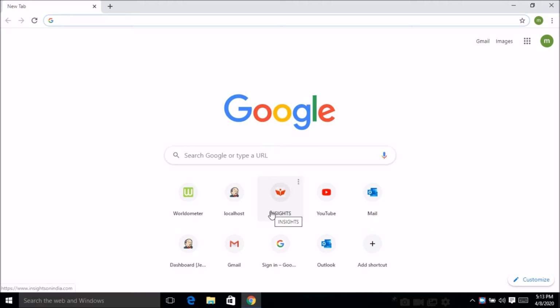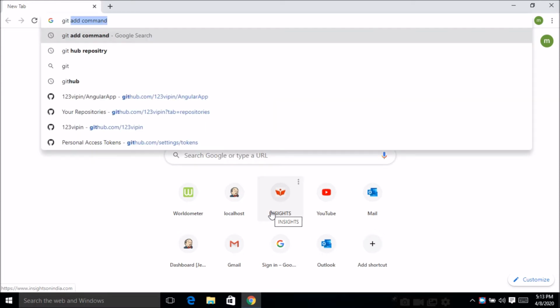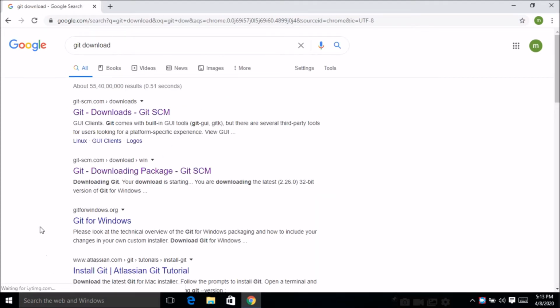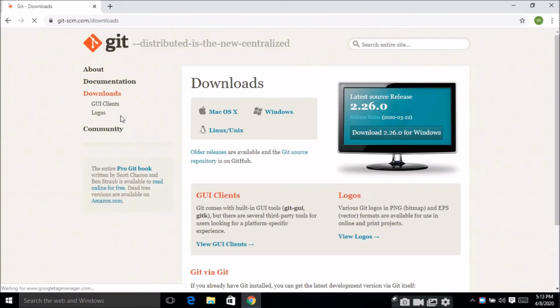Open your browser, simply put here git, and git download, and you can see here the first link. Click on this one, git downloads, and you can see here three different options: Mac, Windows, Linux, and simply click on Windows,